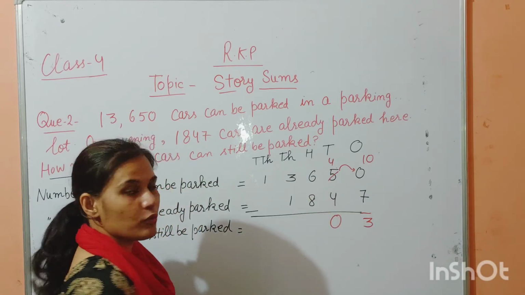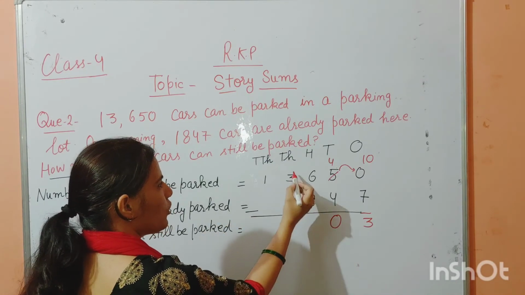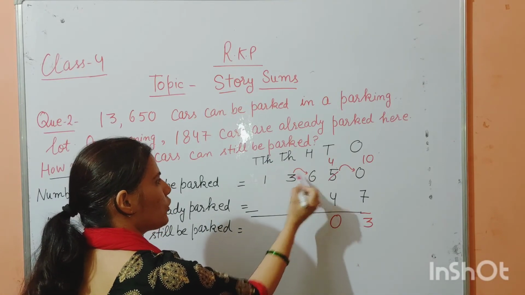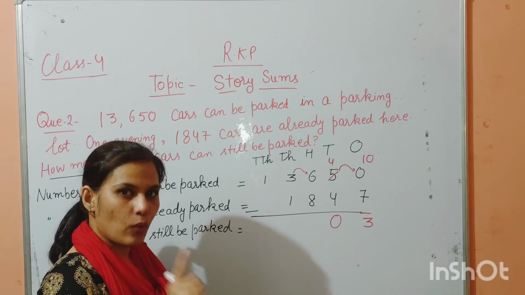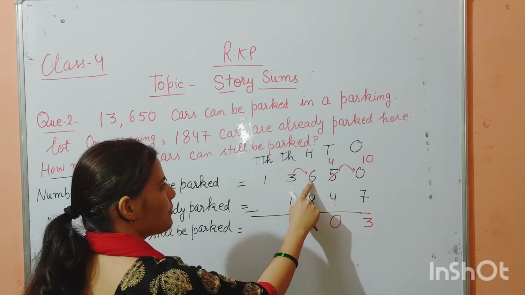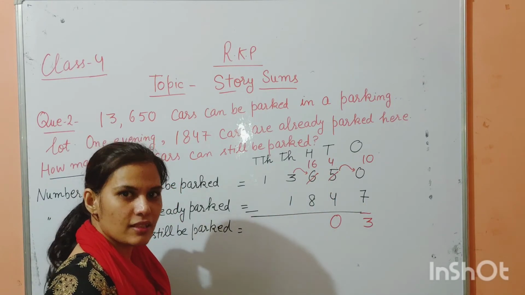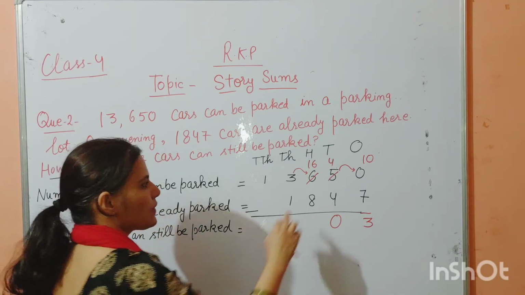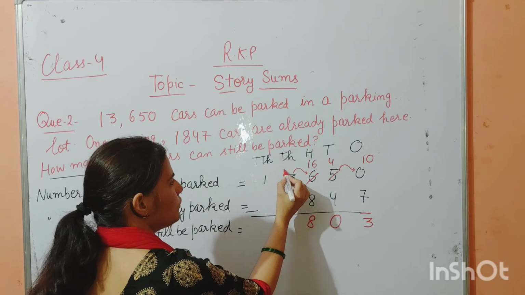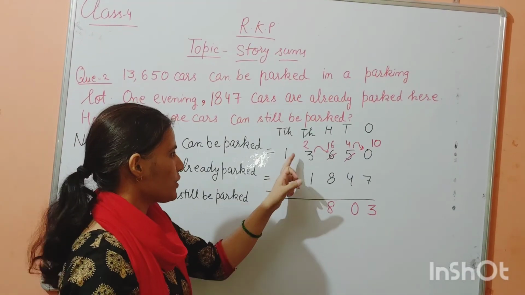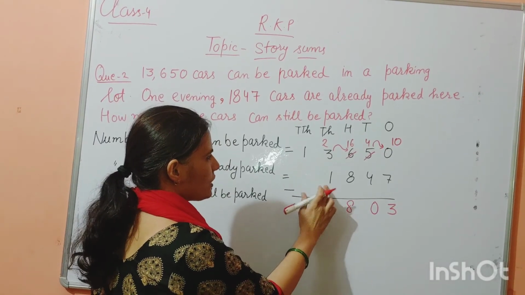6 minus 8. Can you subtract? Can you take away 8 from 6? No. So you have to borrow again from the thousands place. When you borrow, what comes? 1000 comes. Okay, and 1000 means 10 hundreds comes, and 10 plus 6 will be 16. So in this way it becomes 16, not 7. Okay. 16 minus 8 will be 8. What will be left here? 2.